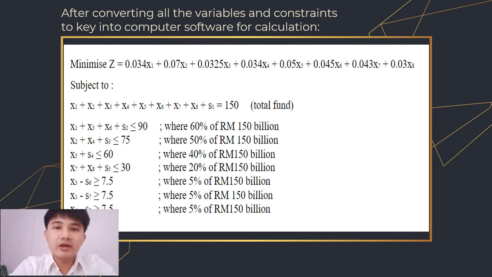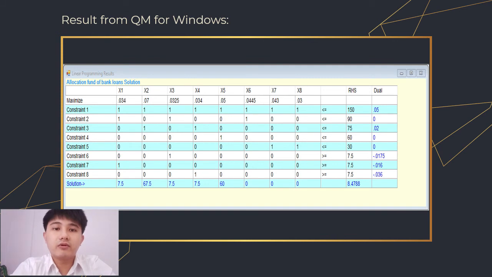We can use the software to do the calculation, which is QM for Windows. And this is the result after we key in all the data and get it from QM for Windows. From the results of QM for Windows, we can conclude that the maximum return of the bank is 8.478 billion